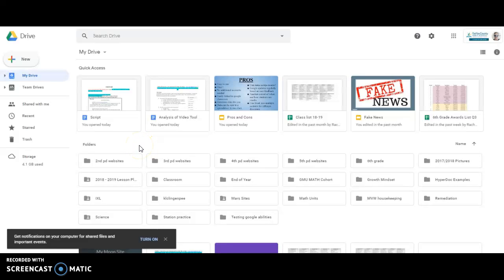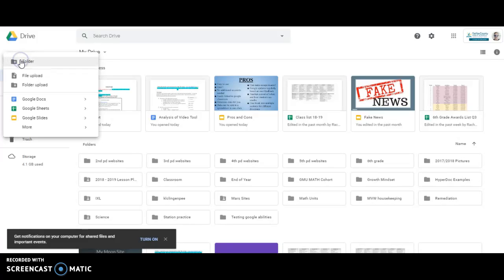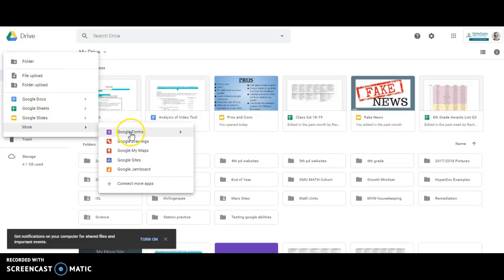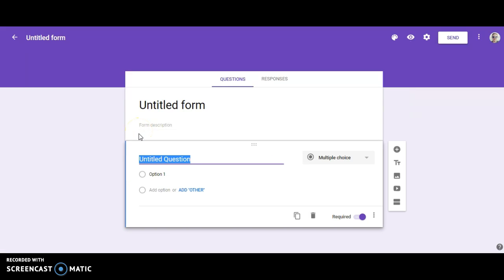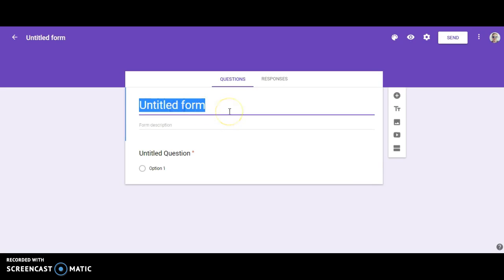Okay, I'm going to show you how to use Google Forms in your classroom as a survey or as a means to gather data. So in your Drive, go to New and then More, Google Forms. A new form will open up and you can get started by giving it a name. I'm just going to call it